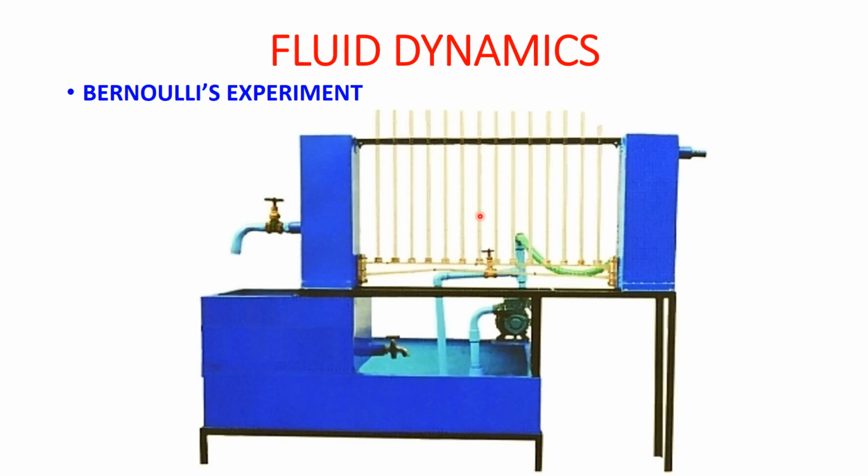In this test section, you can observe that at the start there is an increased area, then the increased area goes towards the middle of this cross section, and then there is a reduction in the area. Then again there is an increase in the area of the cross section, and again the area is increased up to this end. At inlet and outlet the areas are constant, otherwise there is a change in area in all these sections.